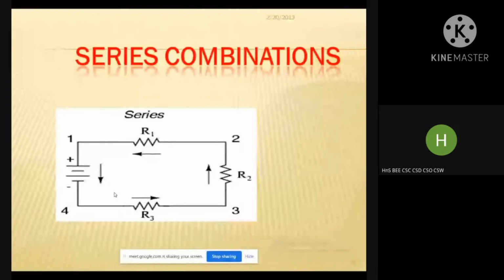Till now we have discussed three points. The first point is, in series combination the current should be the same at all components. And coming to the second point, the voltage is different across the resistors. Across each component the voltage is different. That is VR1 plus VR2 plus VR3, like that. And what is the third point? If you are finding the total resistance of this circuit, the formula is the sum of all the resistors.